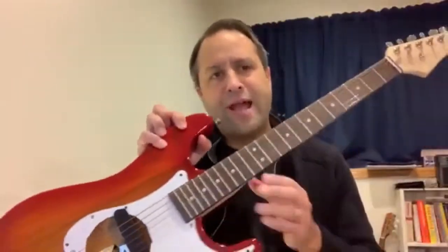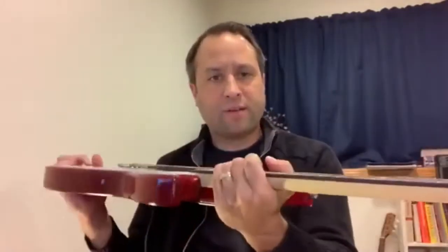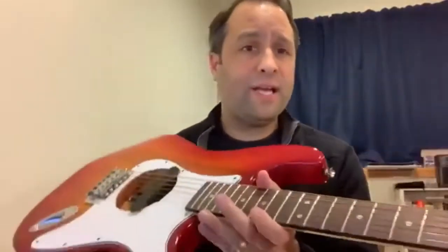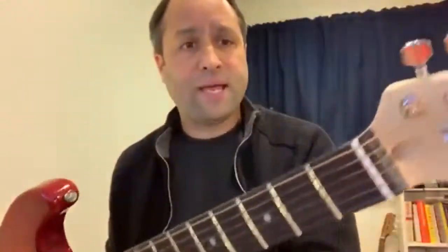Wanted to show off my Glarry Acoustasonic-Strat-Style acoustic guitar out of an electric guitar body. So this is something I bought, a Glarry Strat-Style guitar, and I modified it to make it an acoustic